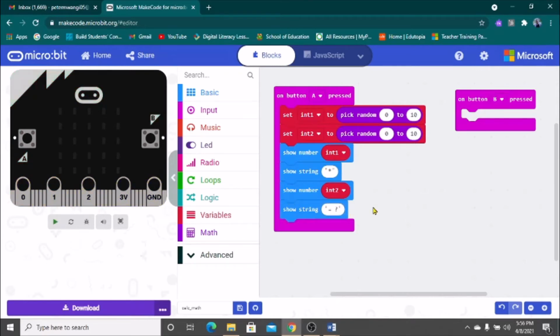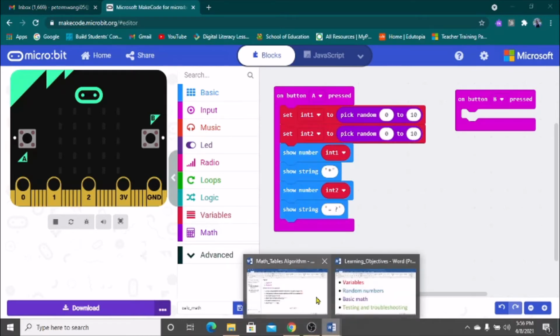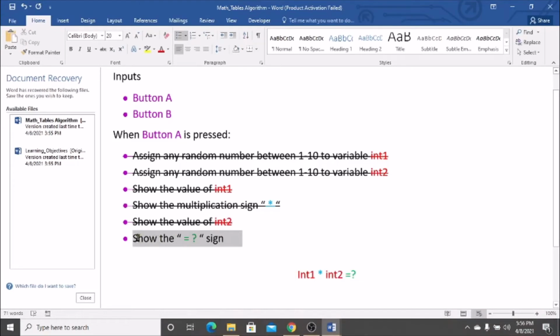One of the things I love about the Makecode environment is that they are able to put the quote sign, the double quote sign, for you, so you don't need to waste time trying to go through your code. So these are just blocks, very easy. Once you're done with that, you strike it through,